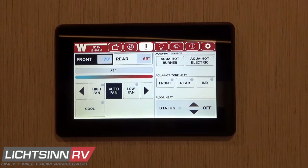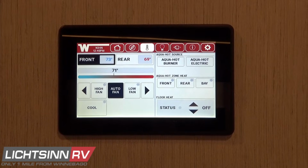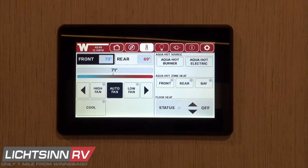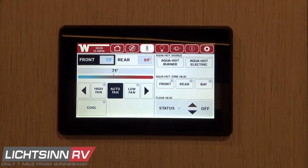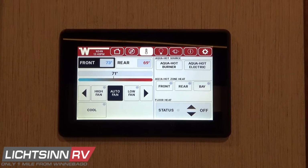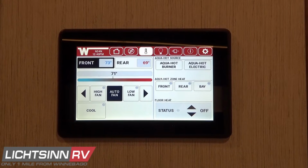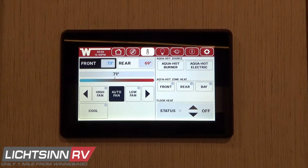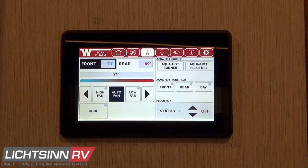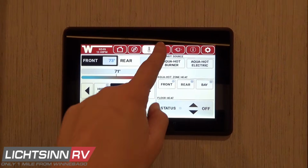Here you'll see the controls for the zonal heating, ventilation, and air conditioning system, including controls for the AquaHot diesel burner or the AquaHot electric element. It also includes 3 zones for the AquaHot system for the front and rear or for your lower basement, and then controls for the heated flooring system if you select that factory installed option. You can see automatic climate controls for the front and the rear for the air and integrated AC heat pump components. Next will be your lighting controls,